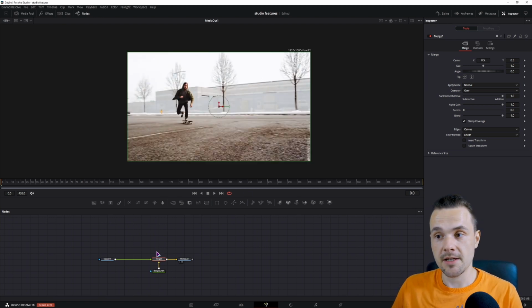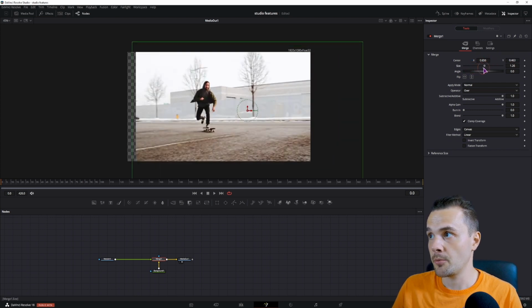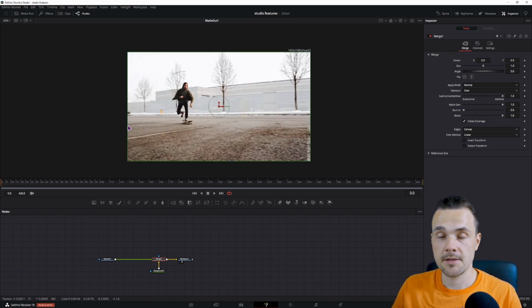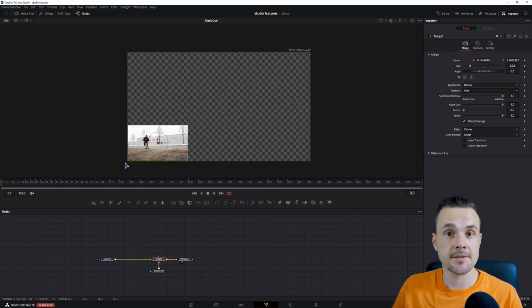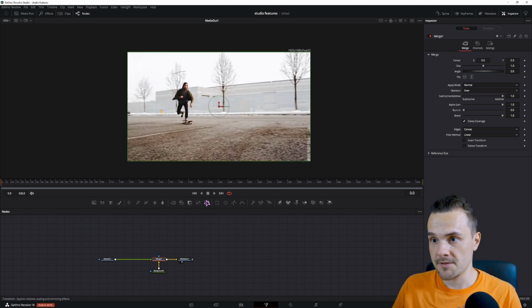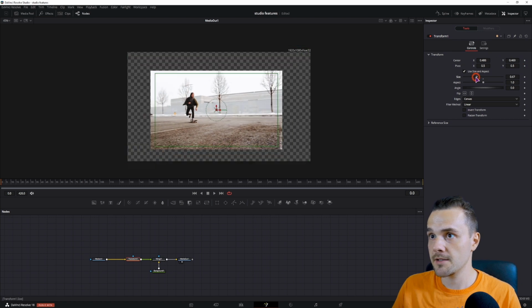Now because I have this setup, I could go to the merge node and change the position of the clip and scale it up or down, but that's about it. What I want to do is scale the clip down, position it into one corner, and then scale the video back up from this position, which this does not achieve. So for that, we'll be using a transfer node. So again, we can use the center positions and the size,